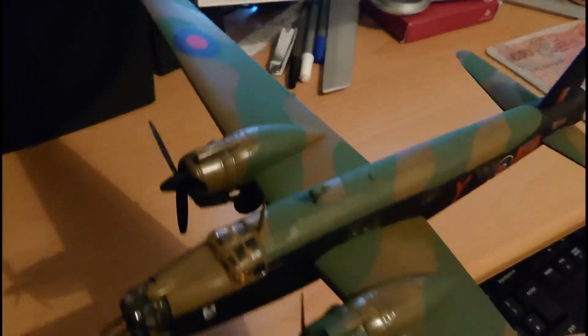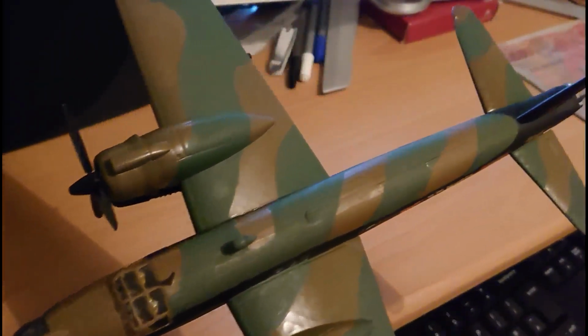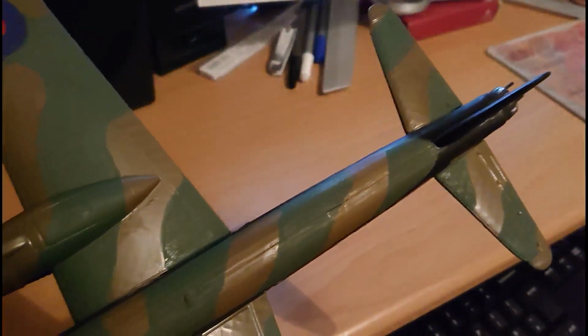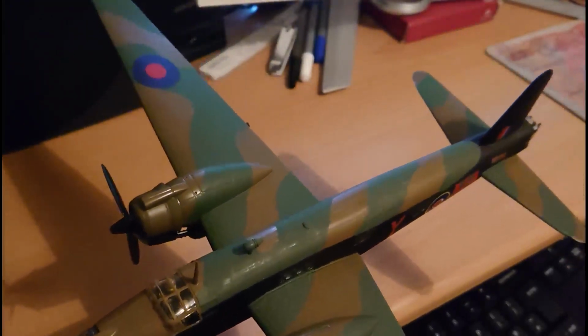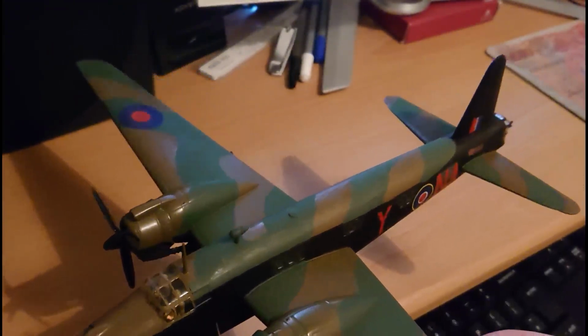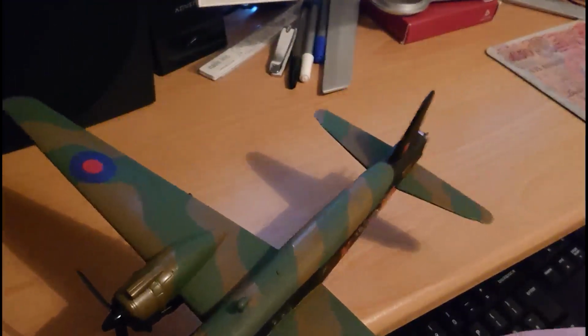On the fuselage, you can see on the upper surfaces there. Can you see a join line in that kit? You probably can just about see a join line, but it does sort of conform with the rest of the detail on the fuselage, and it hides the join lines very easily. I didn't really need any filler